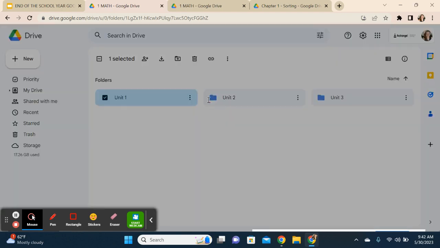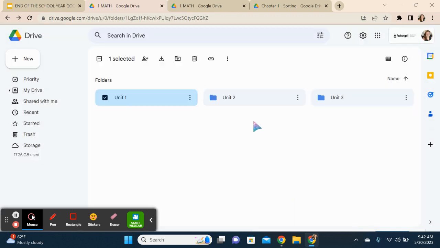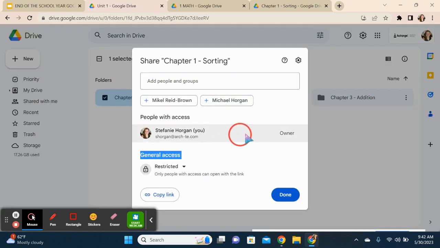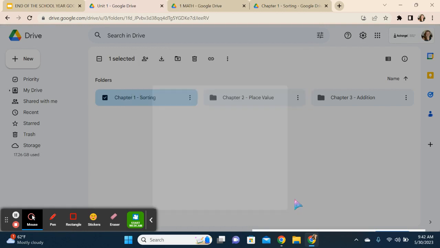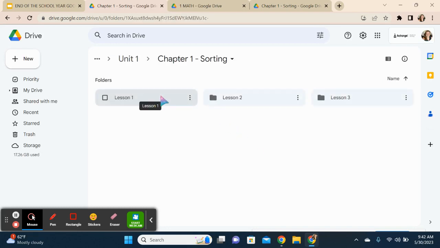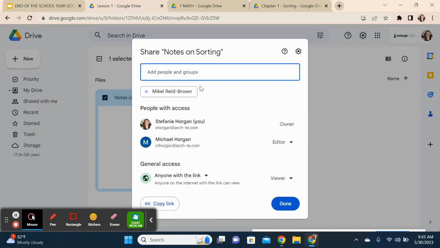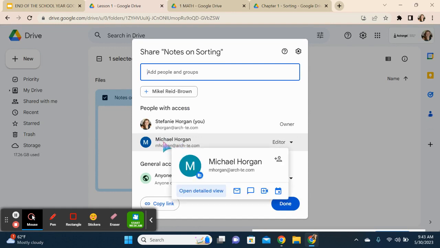So when I look at my other sharing settings, I want to go through and I want to make sure that the only people that have access to this are me. So if I come across here, you can see that all of my restricted access is protected and students do not have access to it. Now, let's say we get into our notes here, and I have shared these notes with students, and I want to make sure that students don't have access anymore. So let's say that Michael here